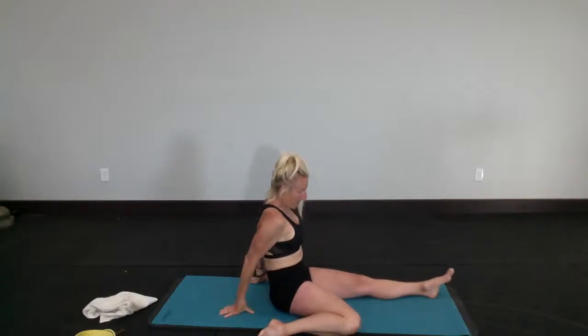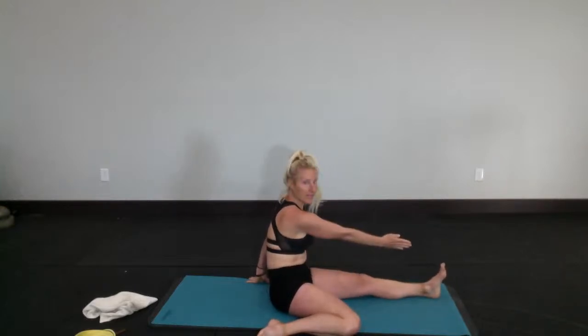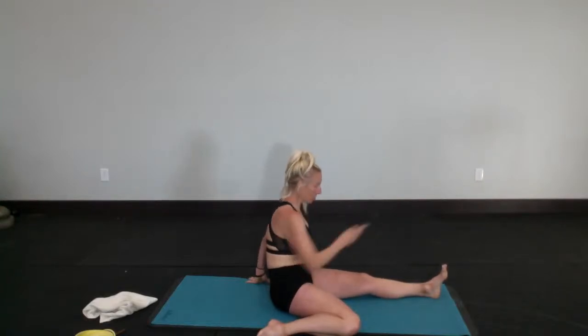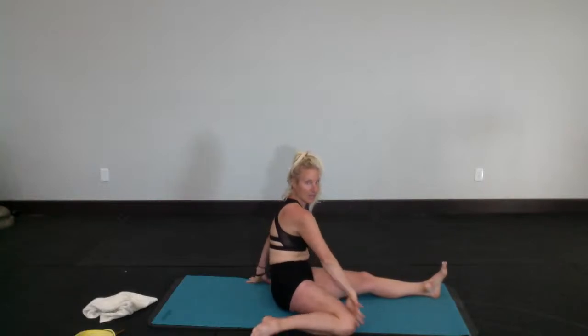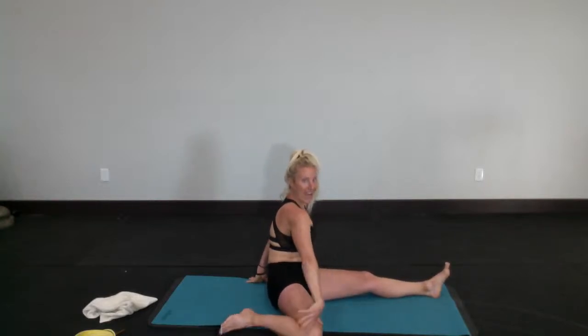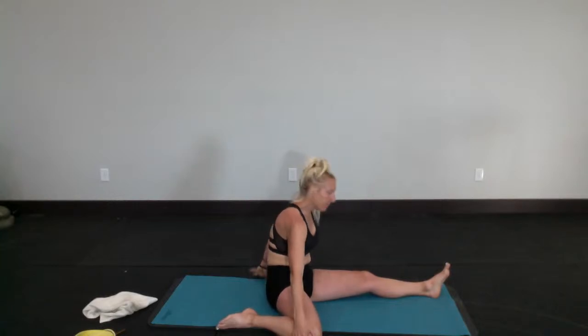The same applies as when we were facing forward. The more open you take your legs, the more intense the stretch will be. With this one rule, your front leg, I want it straight out in front of you, directly. So center your shoulders and your hips facing dead onto that foot. This is the leg that you can open up back more and more if you need more of a stretch, all right? If this hurts your knee,